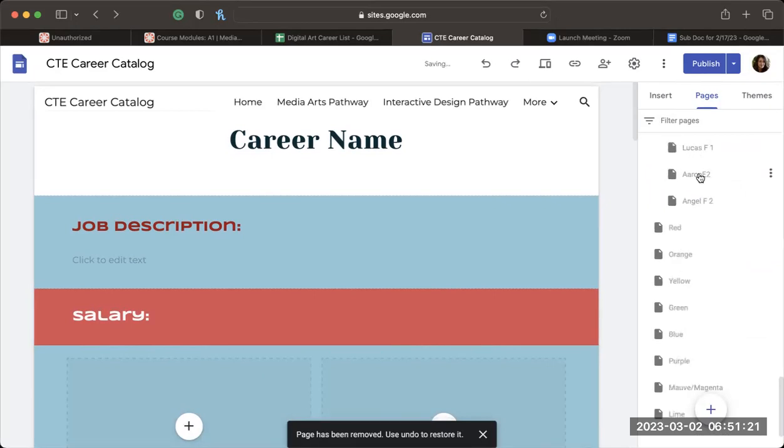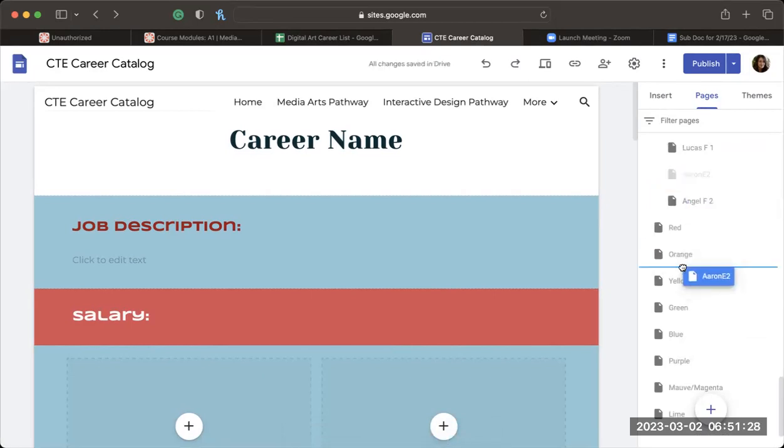And all you have to do to drag and drop is literally just click and hold down on your particular page and pull it and drag it. Mine is being very laggy, but as you can see here, if I hover over yellow, it's going to drop that particular page into the yellow category. So again,